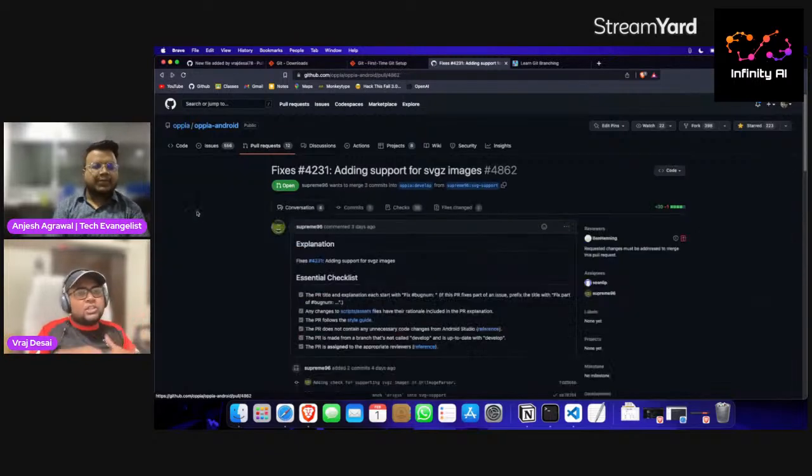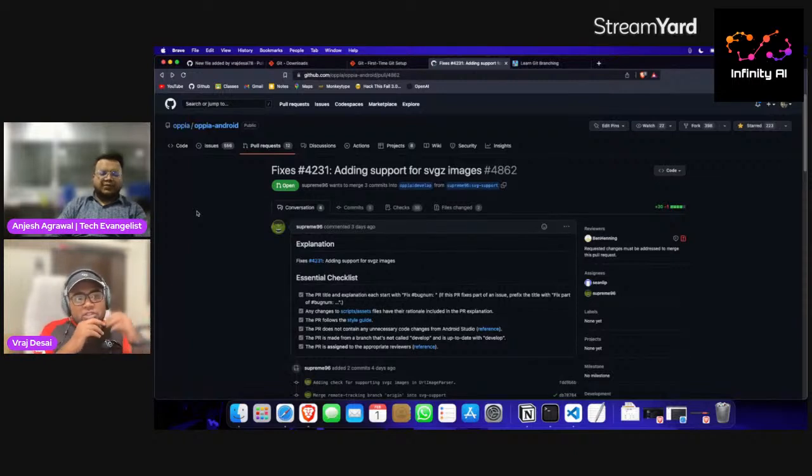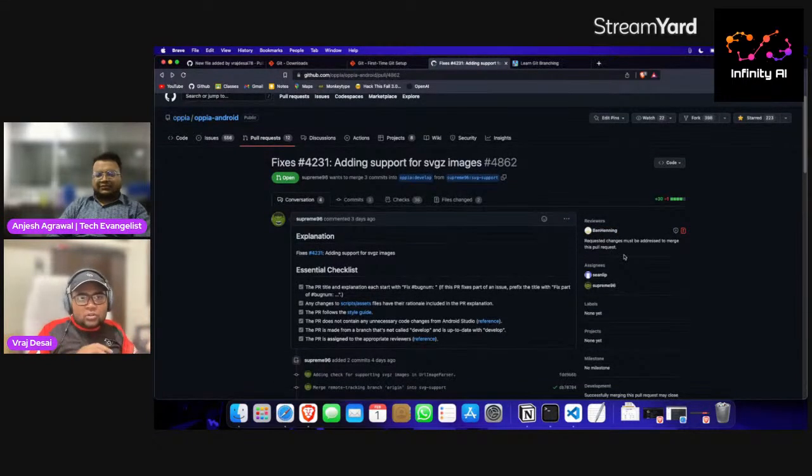So it will be helpful for the reviewer who is actually reviewing your code. So see in open source, if you create a pull request, it won't get merged directly. There will be some code owner who will be actually reviewing your code. So here you can see there is a reviewer, which is this person, Ben Henning. He will first review your code, and once he approves it, then your PR gets merged. If you are working in an